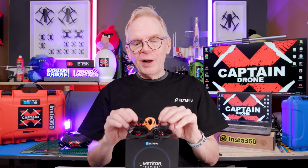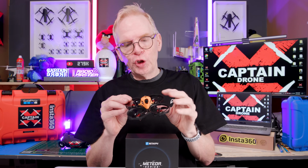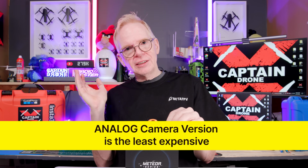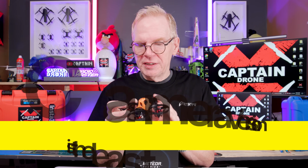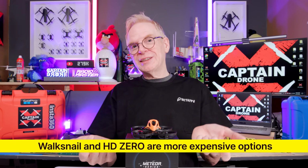Now, here's the cool part about this quad, at least in my opinion, and that is the video system. You can get this with an analog video camera to shoot out an analog signal, which is very inexpensive. So you could probably buy this whole thing for around $100. It's not very expensive. But when you upgrade that camera to high definition digital and a digital signal shooting out,